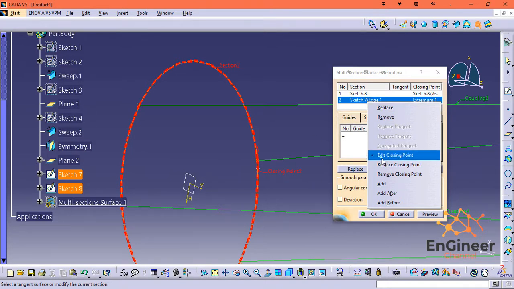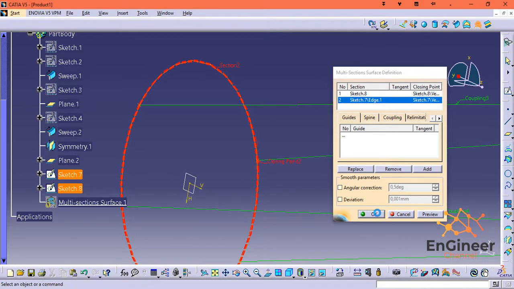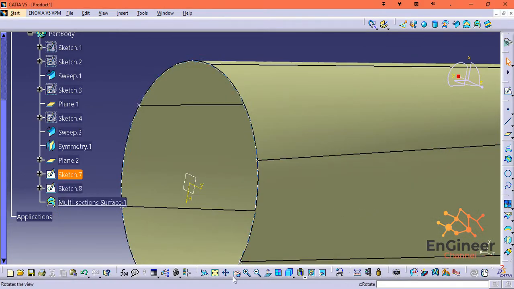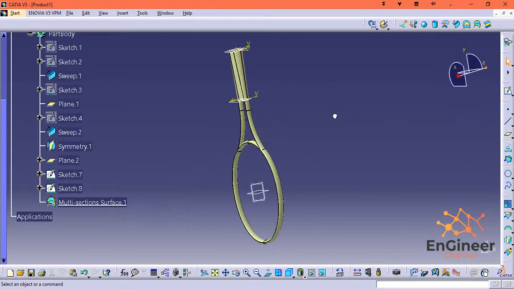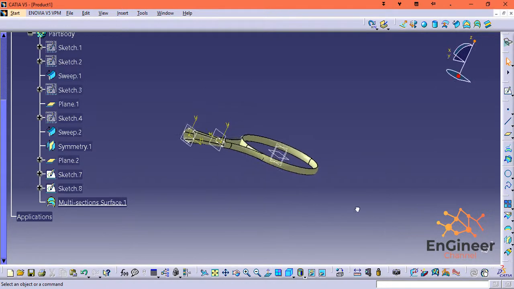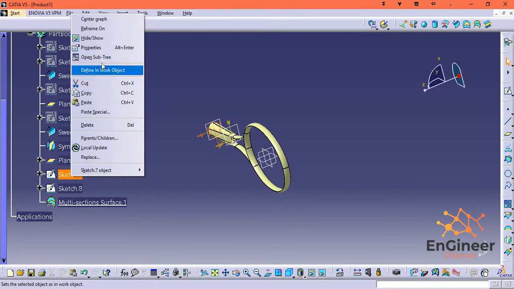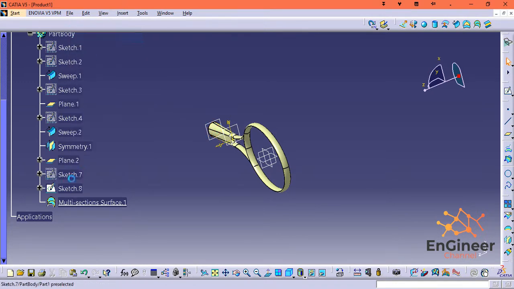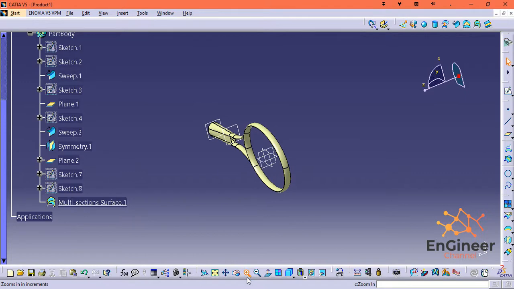We select replace closing point and we choose the point already selected, and this is our surface created, like this. Perfect. Okay, just we're gonna, like usually, hide the unneeded sketches. Okay,